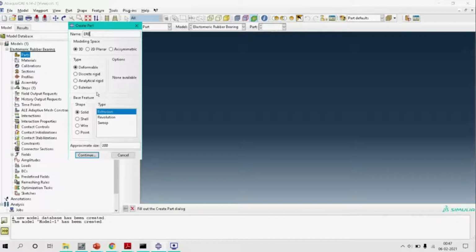And in the base feature tab, I am setting the shape to solid and the type to revolution. This revolution type means that we are only supposed to construct the half cross section of the bearing, and then we can revolve that half cross section about its axis of symmetry in order to get the complete three-dimensional geometry of the elastomeric bearing. Now here Abaqus asks us for the approximate size of our model.